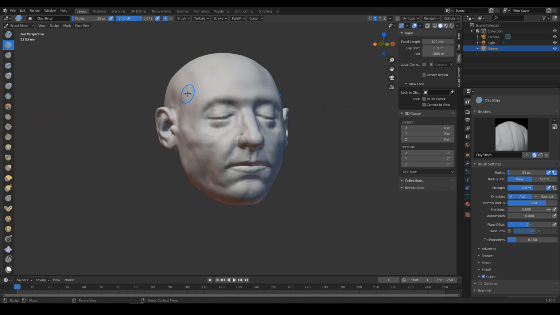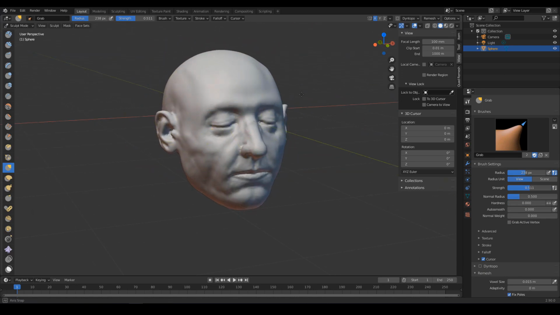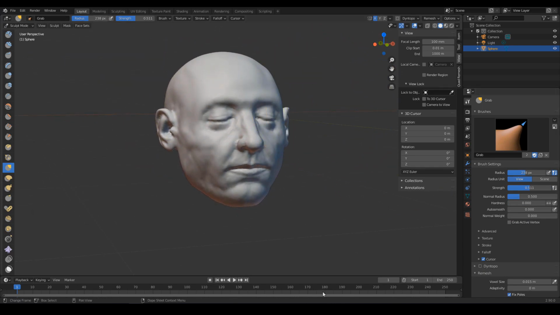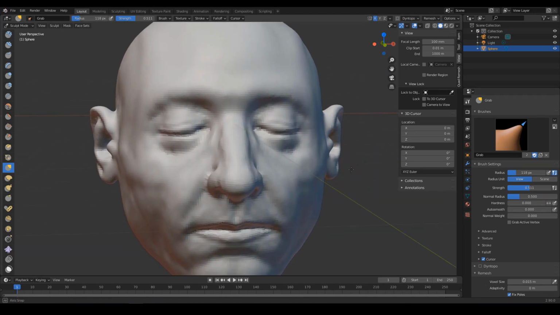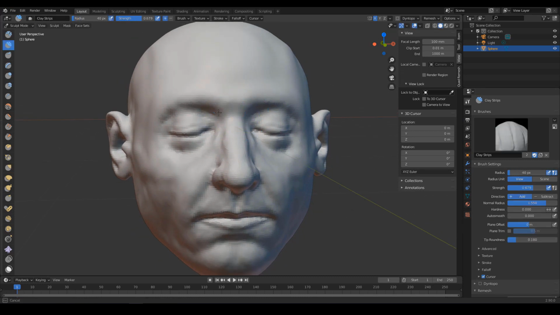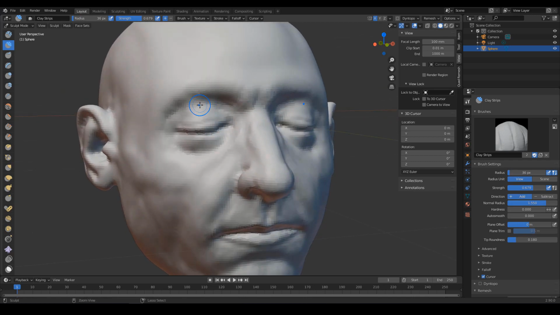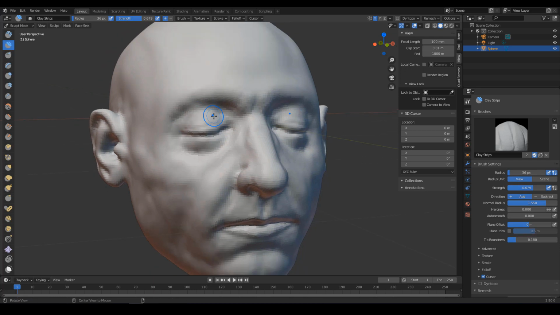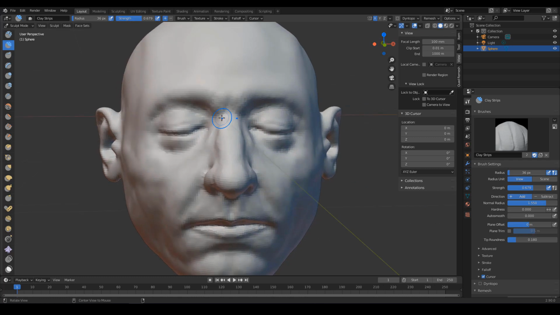Oh yeah, so just here I am going over the face and further tweaking the overall shape using the grab brush. And as you can see here, I have changed the material for this one. So when you are sculpting the body, the face, or really any type of character, you need to do a little bit of experimentation. You need to play around with the material, play around with the lighting, manipulate the lighting, change up the position of the lighting,